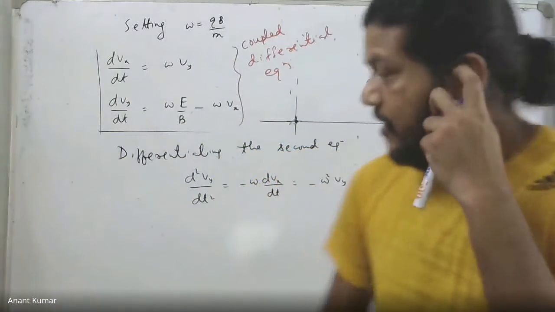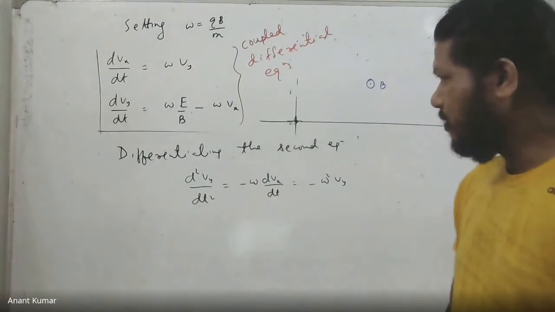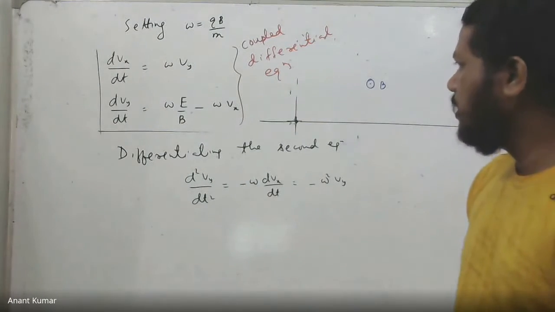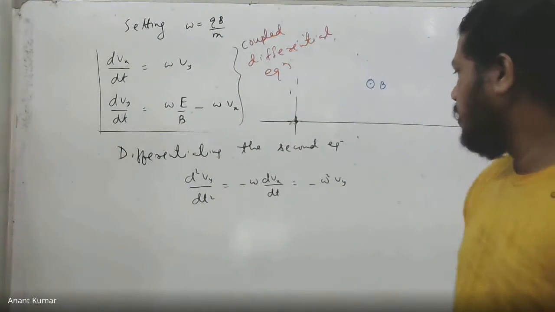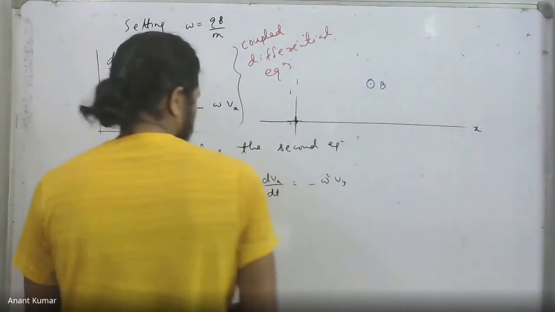Let me show how I did it. I said differentiate the second equation or the first equation, it doesn't matter. Differentiate the second equation with respect to t, and I end up getting this one. I replace dVx by dt from that equation as minus omega square into Vy. So we end up getting the equation